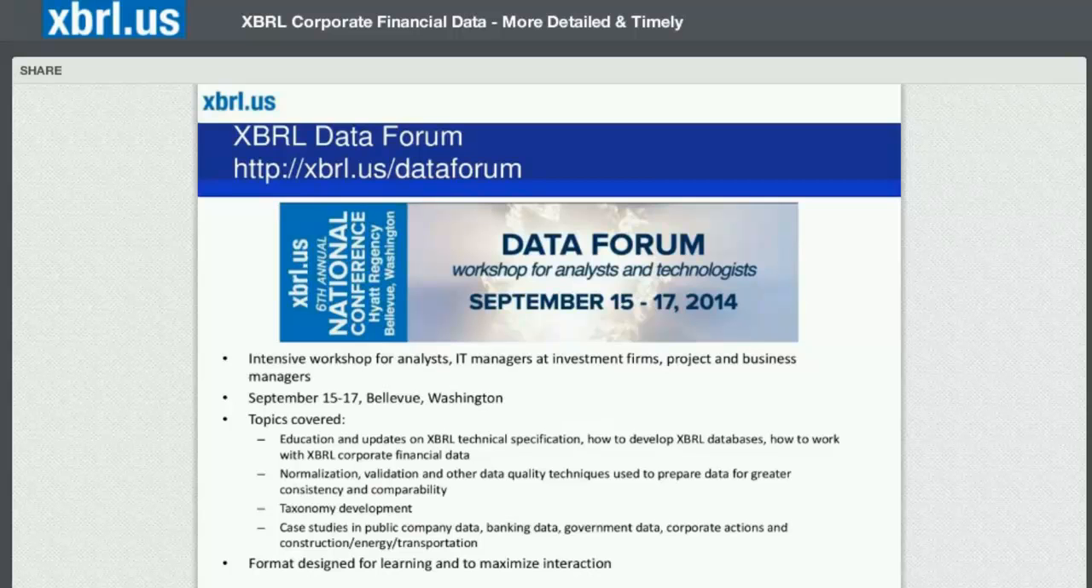And the topics that will be covered at this event will be education updates on tech spec, on how to develop XBRL databases and how to work with XBRL data. So it's going to cover a lot of the topics that Campbell touched on and that Pranav demonstrated, things like normalization, validation, and it's really designed to help people learn and interact with others and really connect with people who are going to help you going forward. So please, take a look at the agenda. It's at